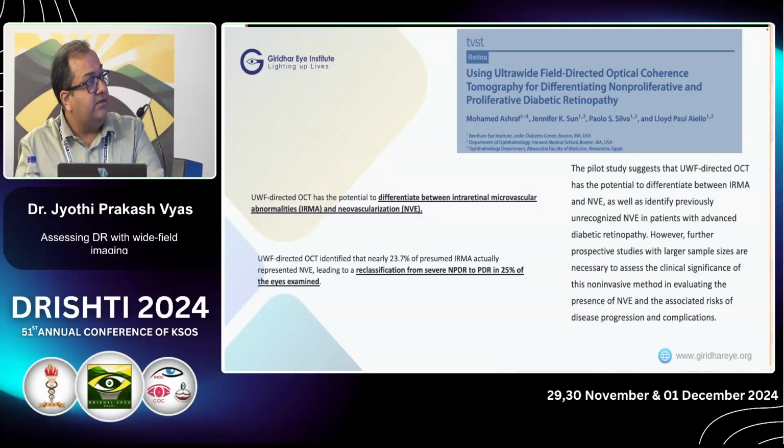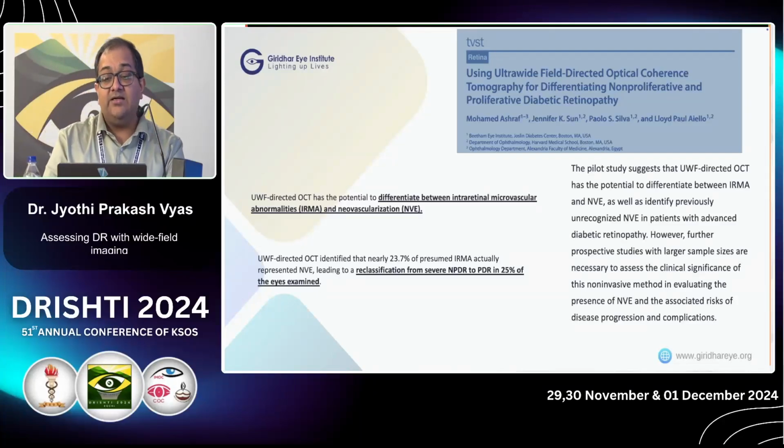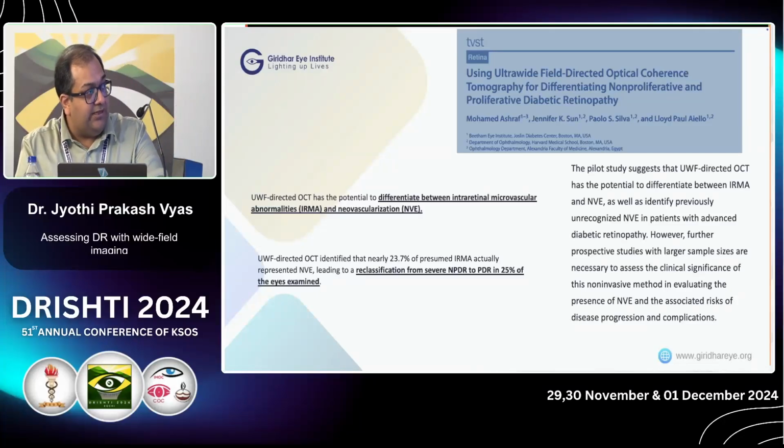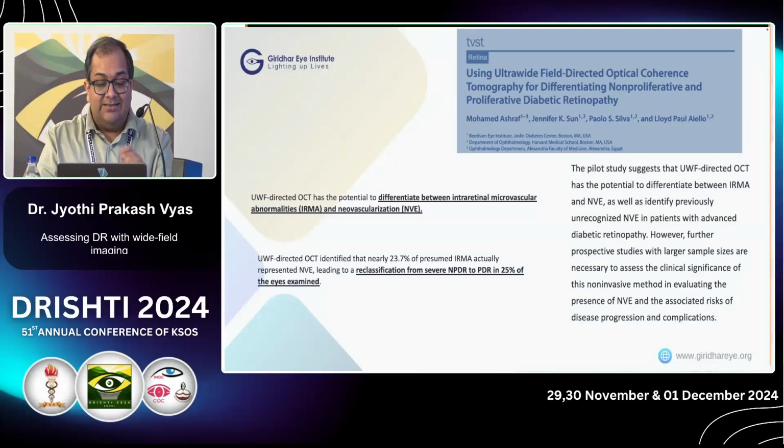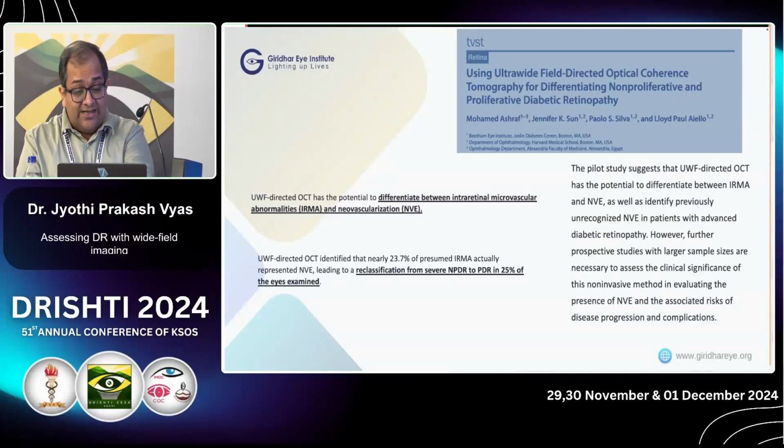What they did was ultra-wide field imaging OCT on the areas where they had an IRMA which was suspicious looking. So any lesion which they found above the ILM was an NVE, and anything below the ILM was an IRMA. And they found that around 23.7% of the presumed IRMAs actually were neovascular NVEs. So an extra 1/4, probably 25% of patients, required the classification changed from a severe NPDR to a